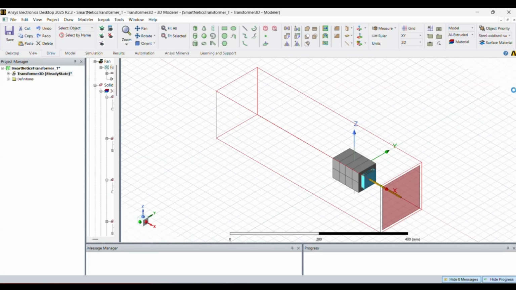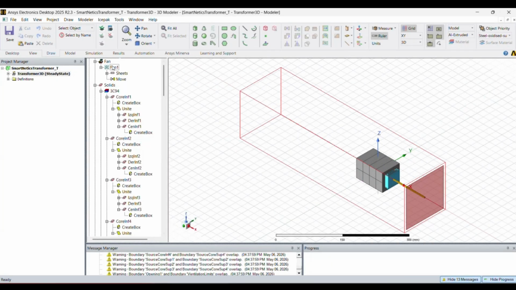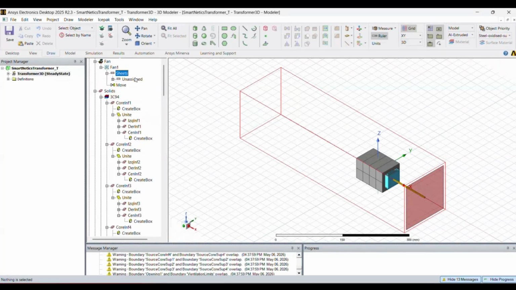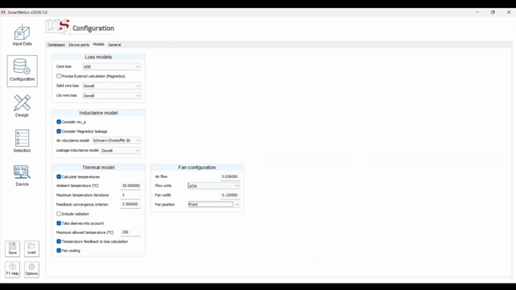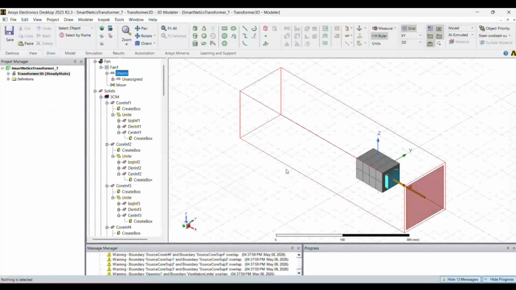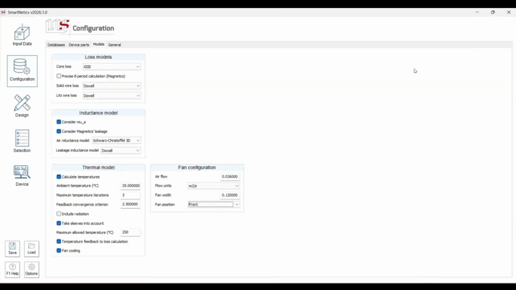Okay, so this is the ANSYS model of your magnetic device, and the fan is included in here. It's this square in here. Okay, and it is configured with the same stuff you have selected in here. So the same flow, etc. In this case, I'm not going to run the simulation because it is a 3D simulation and it takes a lot of time, but I have already done that this morning, and I will open the solution.